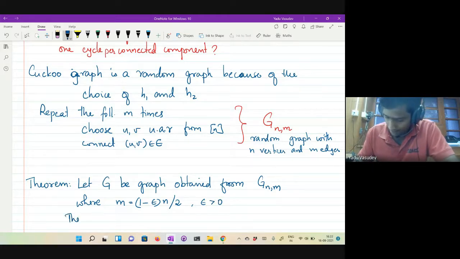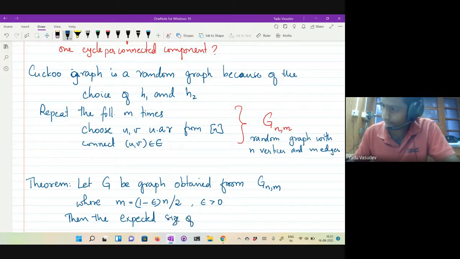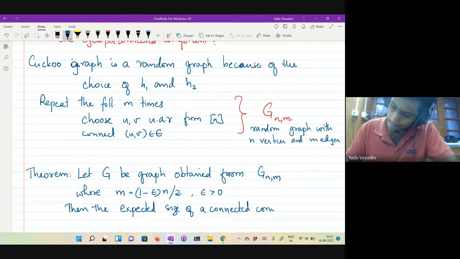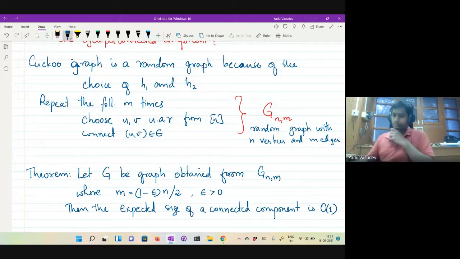Then the expected size of any connected component is order 1.